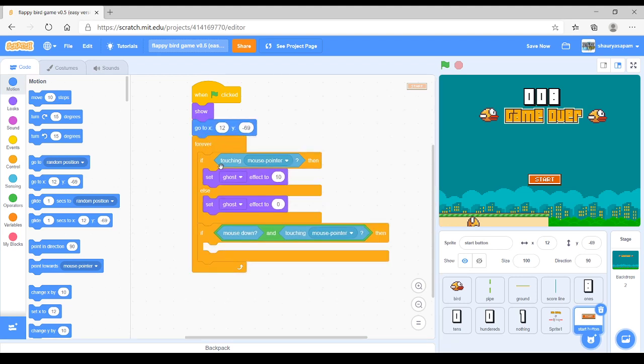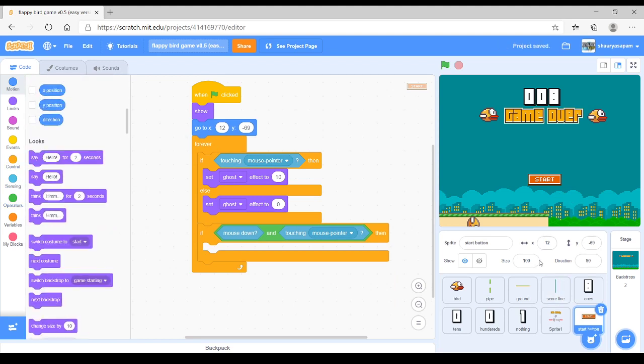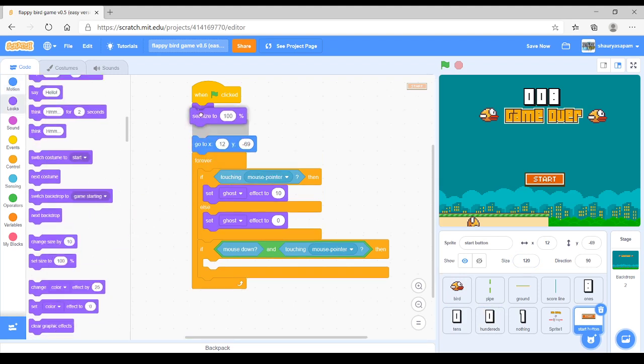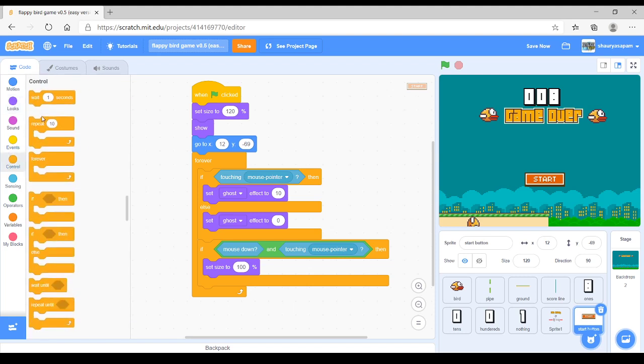Yeah. So now what we want to do is put a button effect. So to change size, set size to its actual size, which is actually 100. I think 120 is the best. Yeah, 120. So we even want to set size to 120 in the start so that we are 100% sure. Now we want to set size to 100. Wait for about 0.5